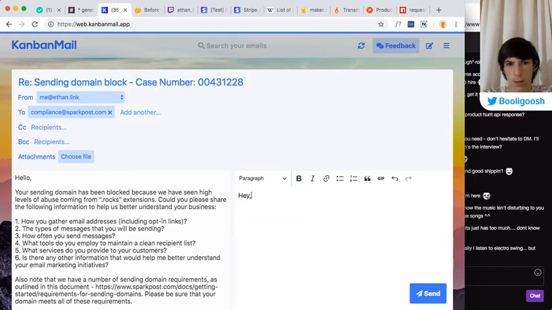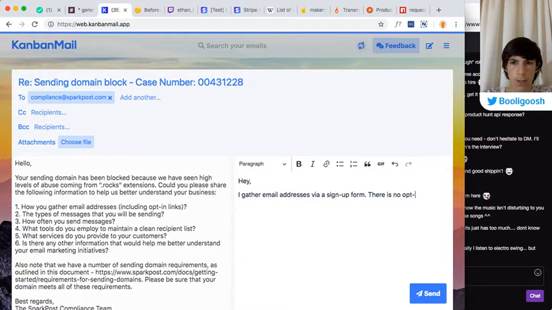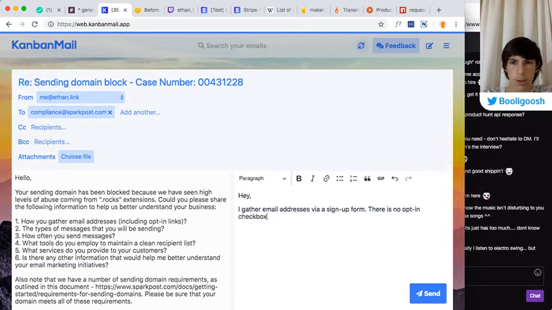Hey, gather addresses form. No opt-in checkbox.